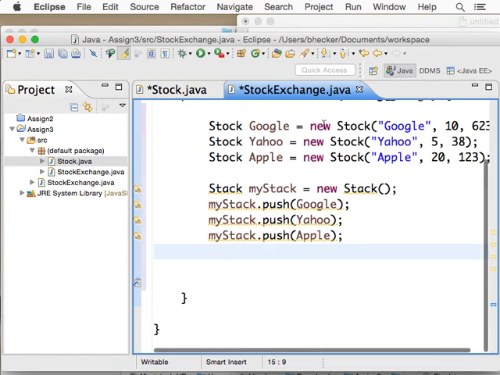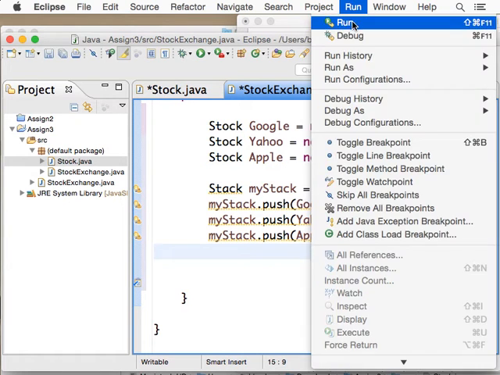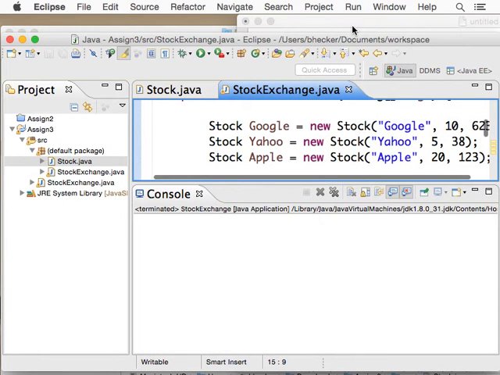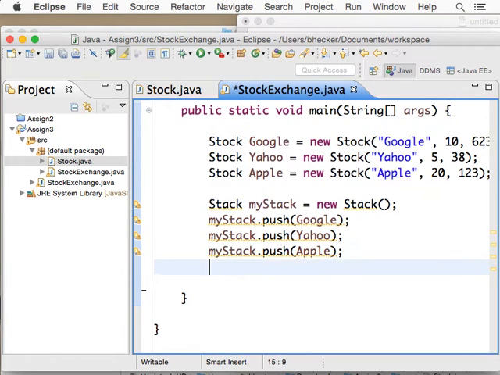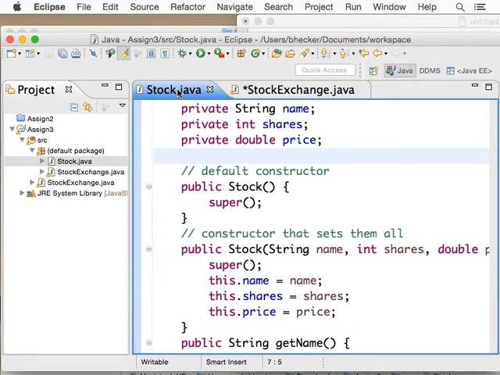You want to get the basic structure. This isn't really going to do anything right now. If I run it, what am I going to see? Nothing, because I don't have any system outs or anything. But let's make this actually do something. There's what's called a toString method that returns a string. So I'm going to stick that in the stock object,